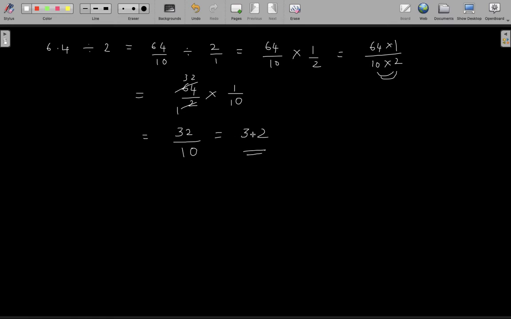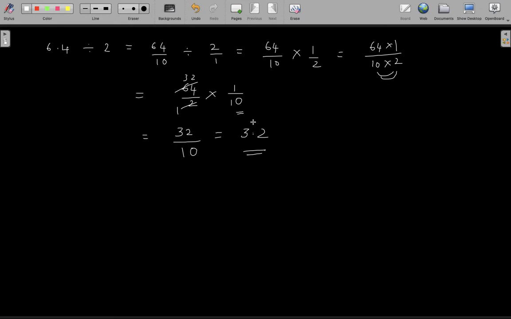You understand? So whenever you are solving a division of a decimal number by a whole number, you can directly first convert the decimal number to a fraction, and then do the multiplication of the fractions as usual. That is, divide the fraction as usual by replacing the division with a multiplication symbol and taking the reciprocal of the second fraction, and then you'll solve it. Finally, we are seeing to it that you get a 10 or 100 in the denominator, so that you can give out your answer in terms of a decimal number.